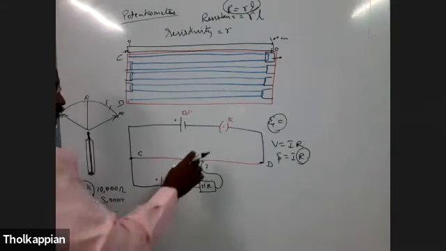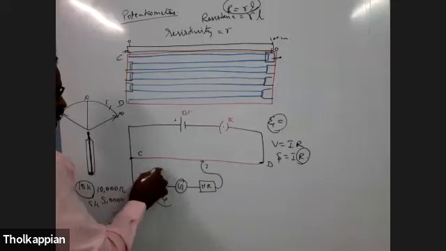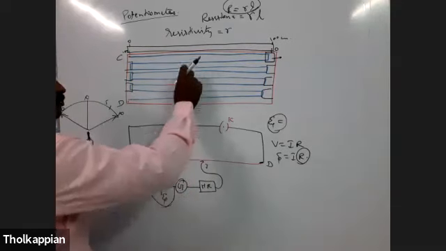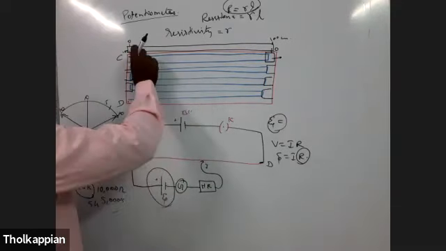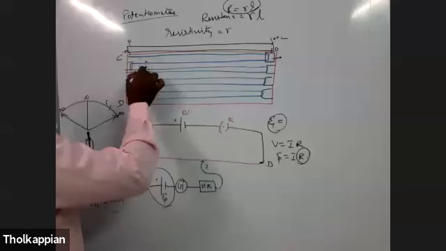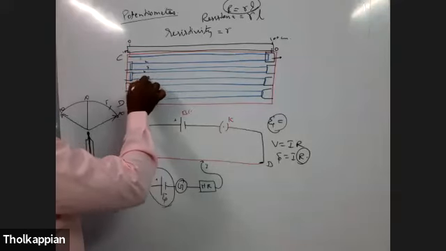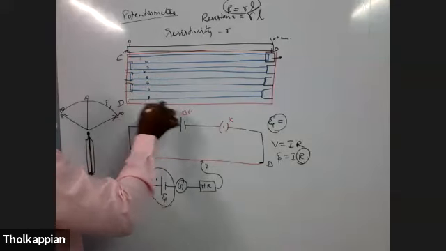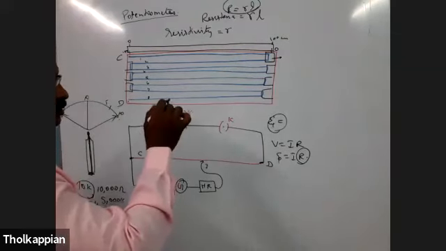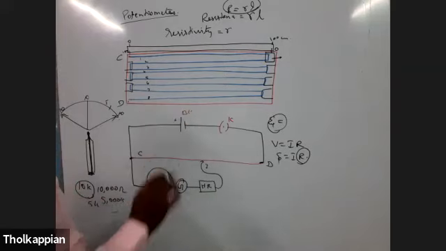Now, you have to find the value of EMF by means of finding the balancing length. First, you keep this wire. It shows one side deflection. Here this is wire 1, 2, 3, 4, 5, 6, 7, 8, 9, 10, like that. 10 connections are there, 10 wires are there. The one wire is segmented as 10.